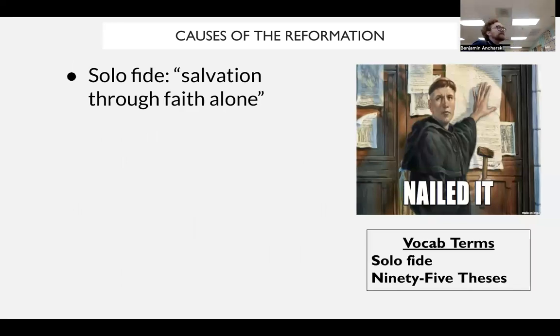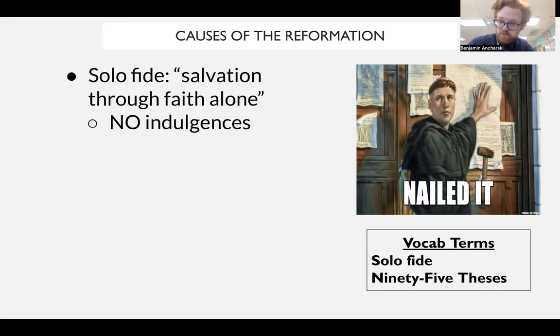The other important belief for Luther is going to be this idea of sola fide, this idea of salvation through faith alone. But what does that mean? You're guaranteed a spot in heaven if you understand and believe what is in the Bible. That's basically it. You need to prove that you are doing things in accordance with the Bible, like being a nice person, I guess. But it's this basic idea that you don't need to do things like buy an indulgence, basically.